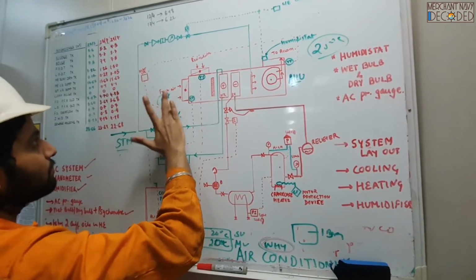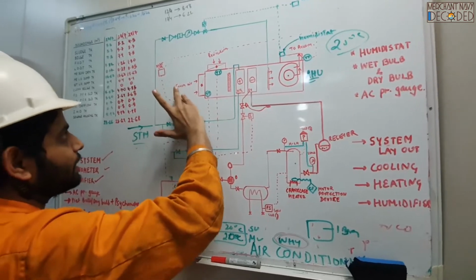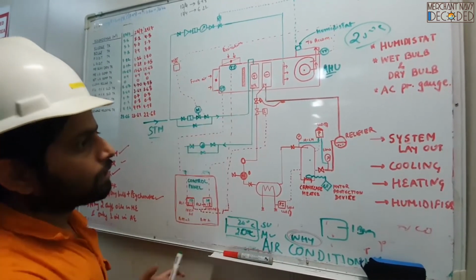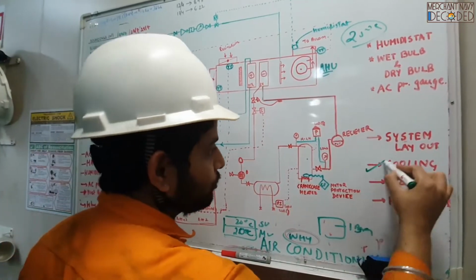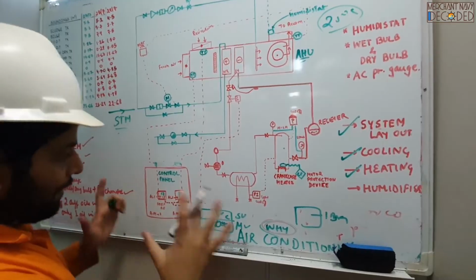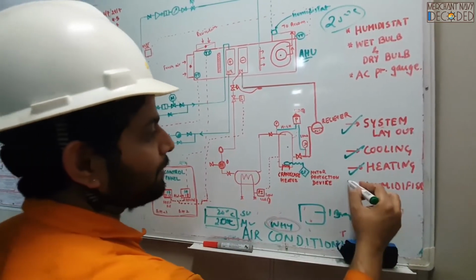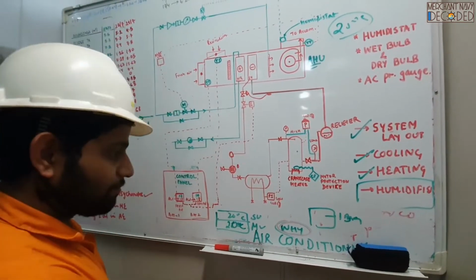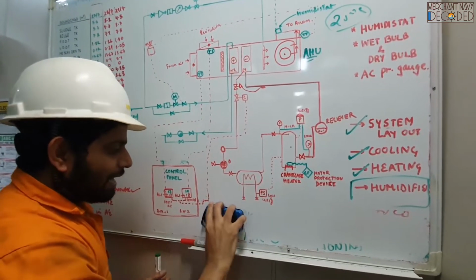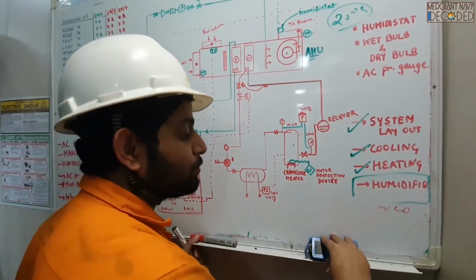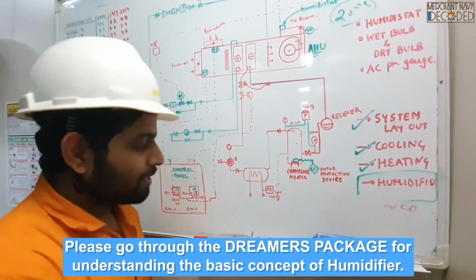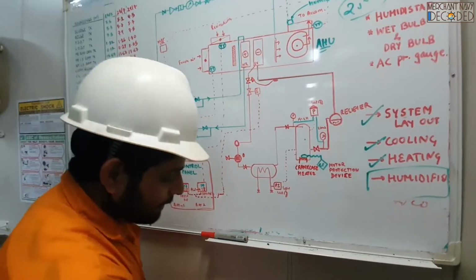Now guys, this is another thing that you have understood. Copied? Now let me talk about the third most important part. So we have understood cooling, we have understood heating, we have understood the system layout over here. Basics I have explained. Now I have to explain the humidifier. Now guys, if you want to go into details about my humidifier system, everything, you will have to go through my other video. But over here I am going to give you a very basic example, guys.